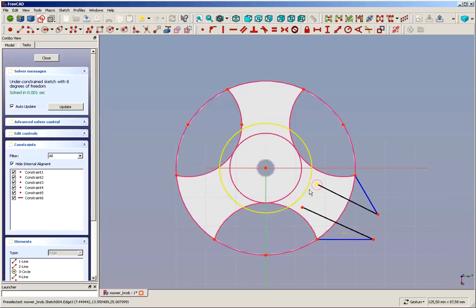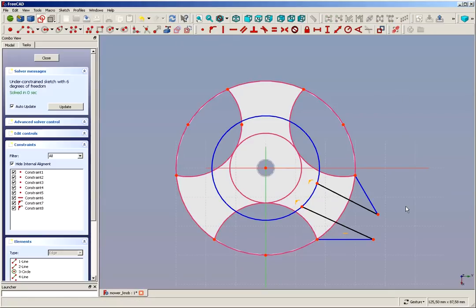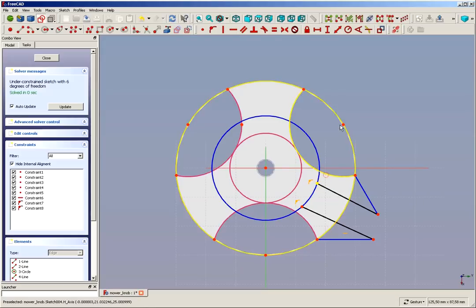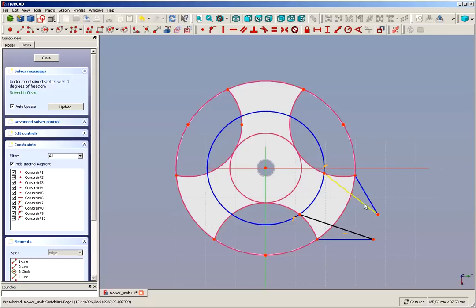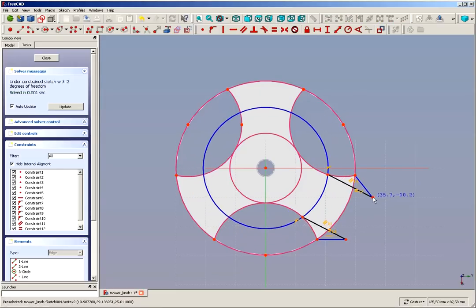Now I want to fix these points on the circumference of the circle. Also I want to fix them on the circumference of these circles, and then I let both lines be parallel. I don't need equal length, I let these two lines be equal length. So now this will fix our lines